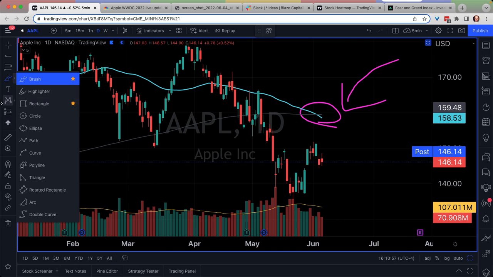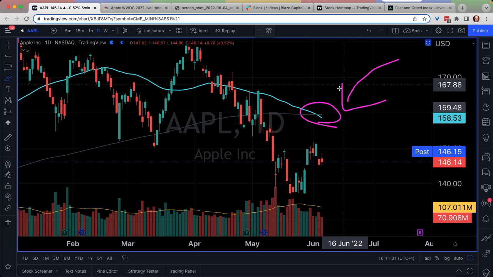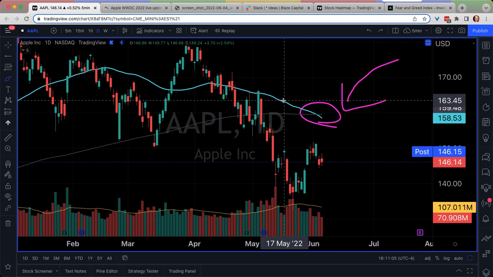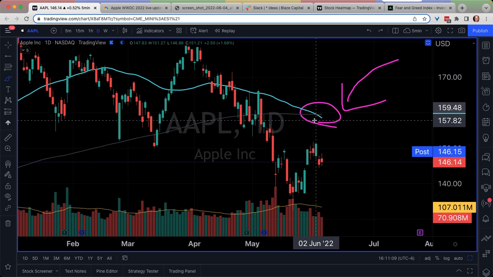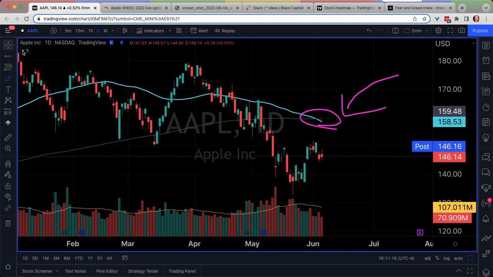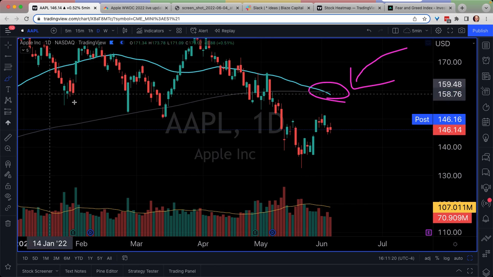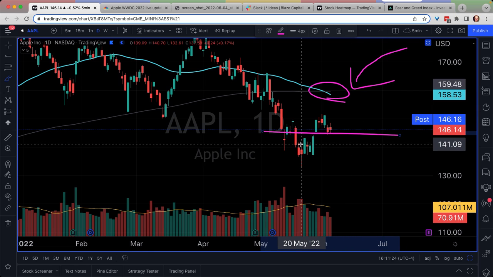So as we're looking here at Apple, what we have to keep in mind is what we talked about on the weekend deep dive, where we do have that death cross here. And again, a death cross is when we have the 50 moving average crossing below the 200. And that happened on the 2nd, which I believe was last Thursday. So the question is, is this a bullish pattern? Is it a bearish pattern? As we reviewed on the weekend deep dive, which you can watch at the end of the video, we talked about how the death cross actually sounds very scary, but it is not always going to be a bearish sign.